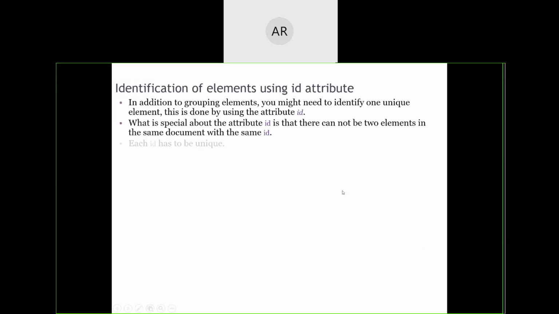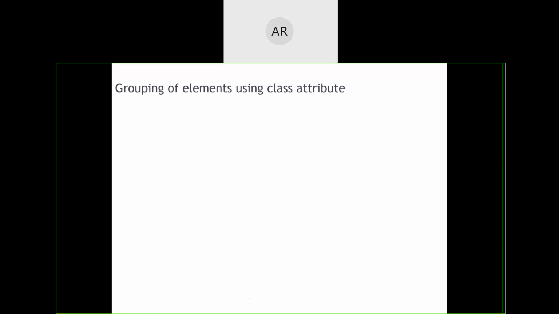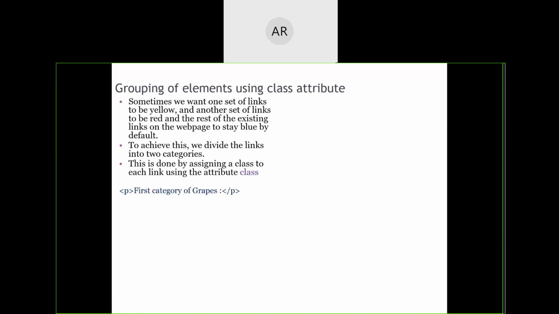I hope this particular slide is easy enough to be understood through the program that we have done. So I'm not going through this particular slide again. Now, if I want to group a set of tags with the same identifier name, instead of ID, I will use a separate attribute called class. For a bunch of tags, I will apply common settings using the class. This is the common part.